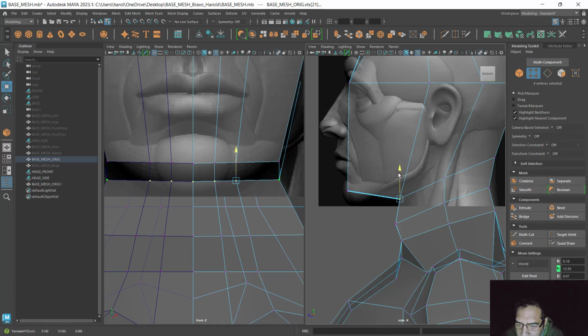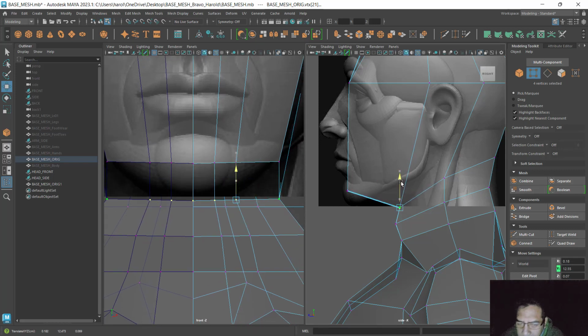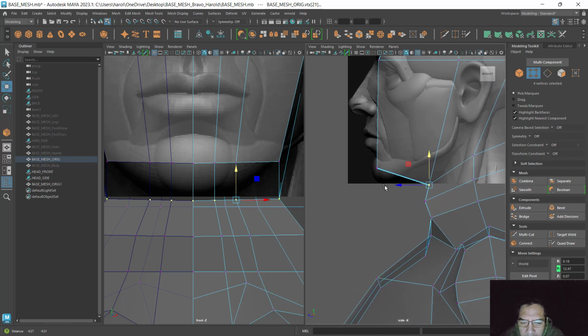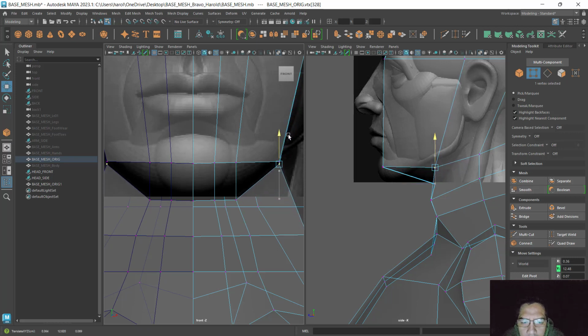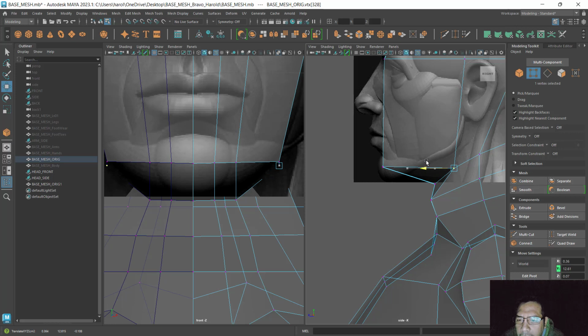Let's say that it should be here as per the reference, and then I will start reducing or curving it up. I will deselect this portion first and then raise up for the roundness of it there, and then I'll push it back there,